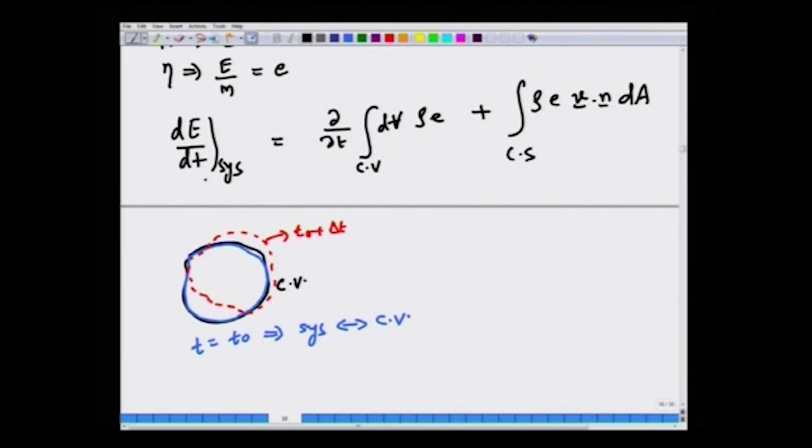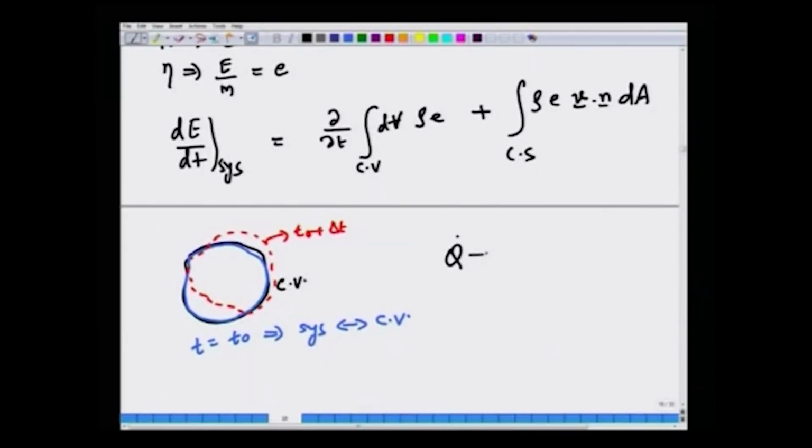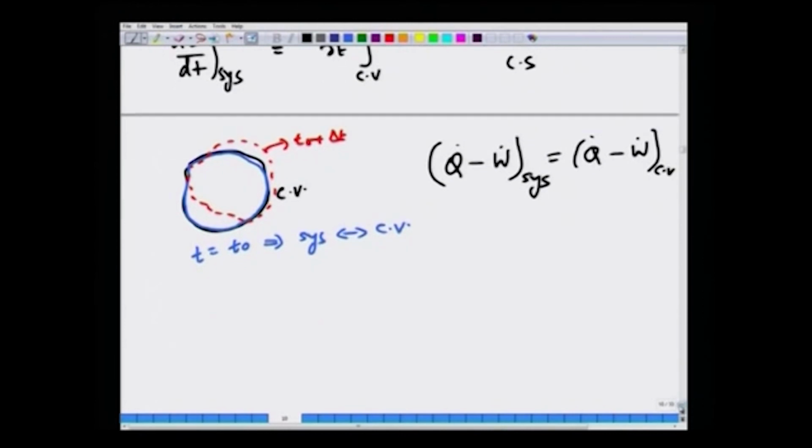But we are now looking at the instantaneous rate of change of energy of the system when the system and the control volume are the same, at some time t naught. So, if you want to apply the first law of thermodynamics at that instant, then the rate at which heat is transferred and the rate at which work is done for the system is the same as that for the CV, because the system and the CV coincide at time t equals t0. So, the rate form of the first law of thermodynamics becomes,